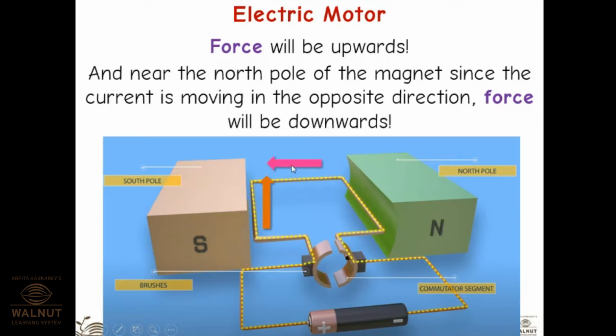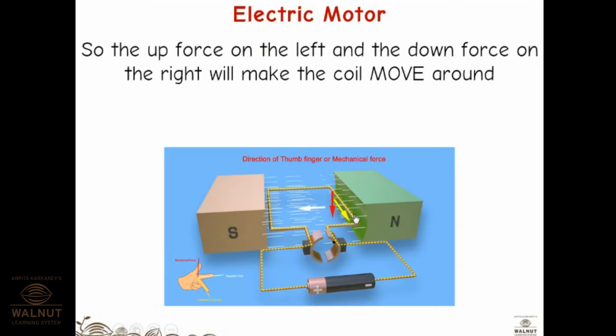Is there any change in the direction of the magnetic field? The current direction has changed now when we are discussing this side of the armature coil, this one. But there is no change in the magnetic field. I have just placed the south pole here, and the north pole of the magnet here. I have not interchanged them. So again the pink color arrow direction will remain as it is. So now when you use your left hand rule, the direction of the force will be downward. Okay. So the upward force on the left and downward force on the right make the coil move.